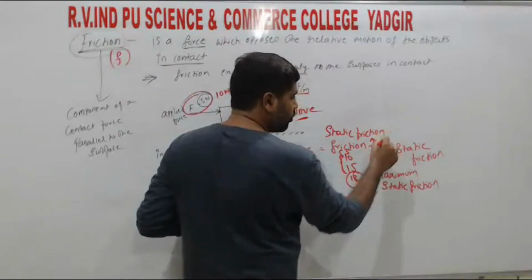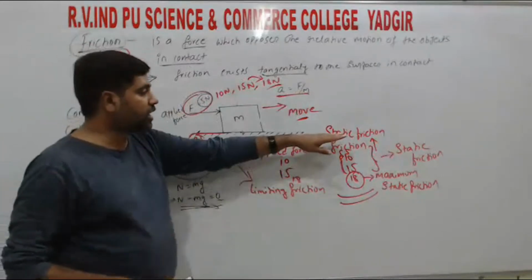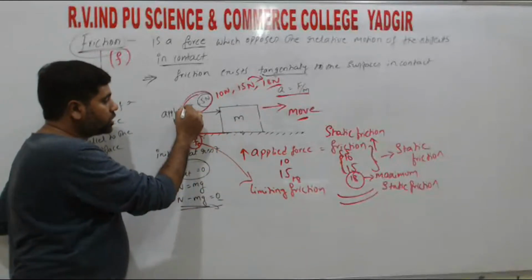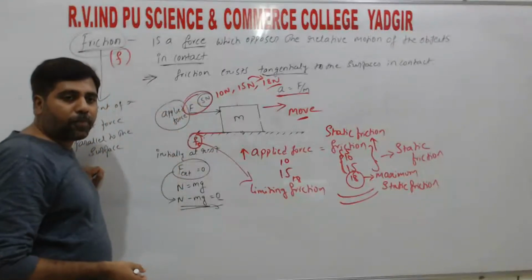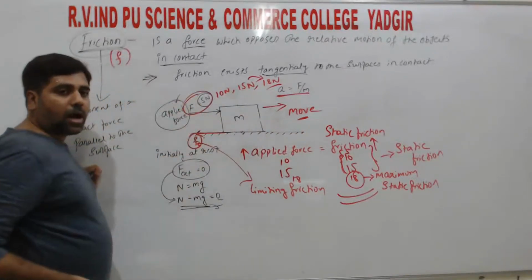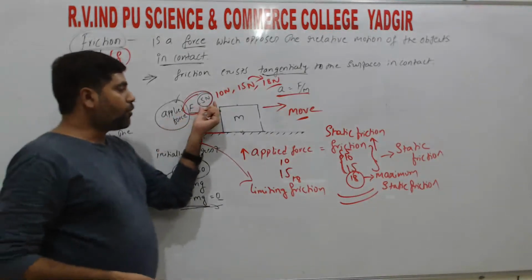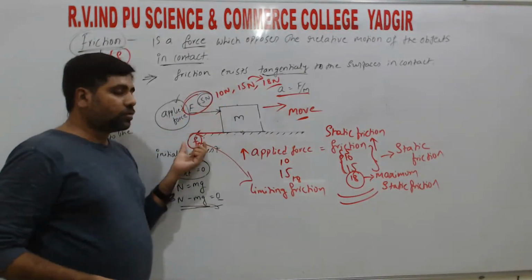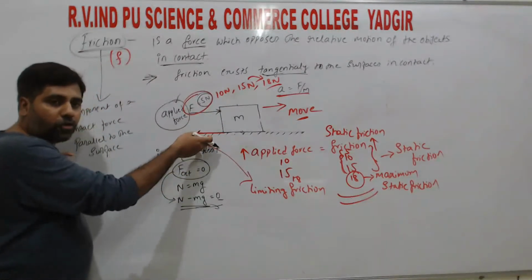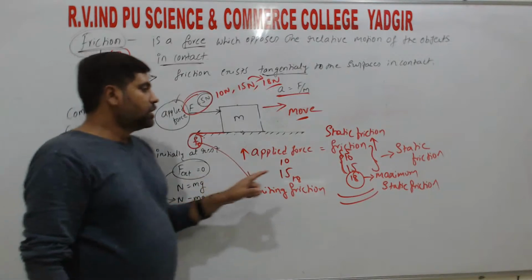So this friction is a type of friction, right? How do we define static friction? It is a force which opposes or counterbalances the applied force, right? So static friction is also a force which counterbalances the applied force, right? That type of friction we call static friction, right? Whatever applied force acts, we get the same force as static friction. To balance it, a force comes, and that force we call static friction, right? So that static friction